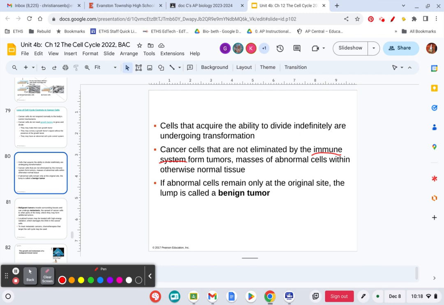If a tumor stays at its original location and does not move, we call that benign. So if somebody says, I went to the doctor today, I had some cells removed for a biopsy, and they found out that they were cancerous cells, but they are benign. Okay, that's your best case scenario, because that means the tumor is localized and it's not going to spread to other parts of your body. So if that happens, that's your best case scenario.